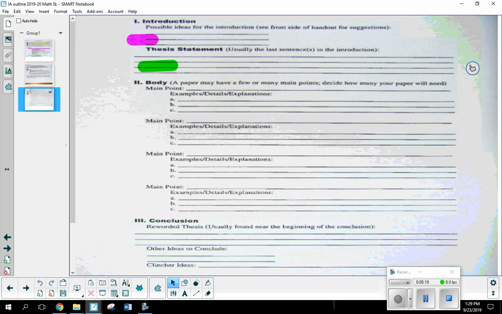Just be thinking about how you're going to structure it, how you're going to make your paper flow. So maybe the first one for the body, you're going to show the data. If you're collecting your own data, you do want to provide a copy of the survey to let the reader know how you did that. Maybe one part is going to be a particular strategy. So this second main point could be the first strategy. Is there anybody out there who's already thinking chi-squared is going to be very useful to me? Okay, maybe that. Maybe you want to start with measures of central tendency. I'm just throwing ideas out there, maybe how I would structure it.